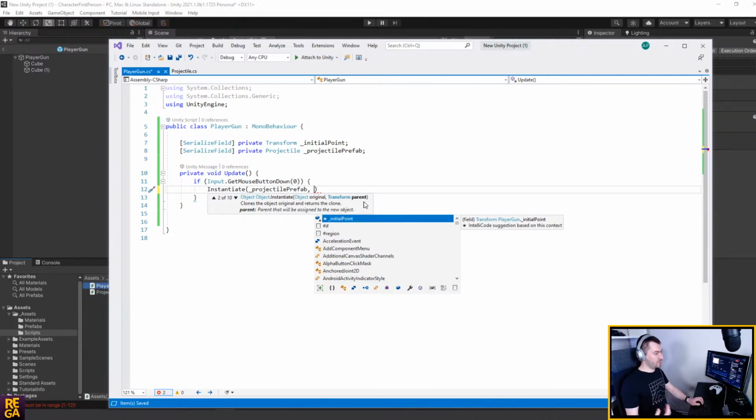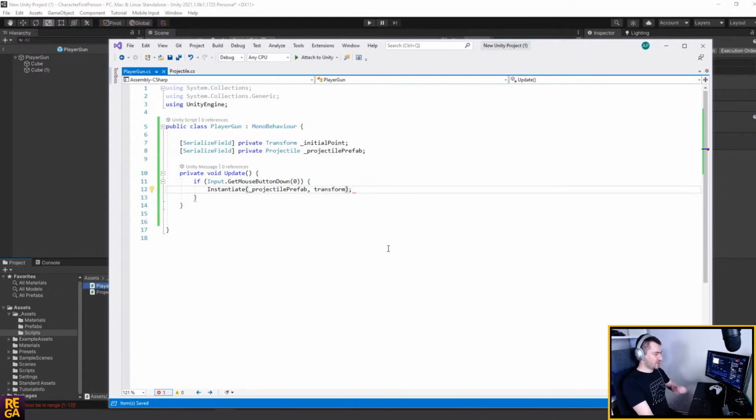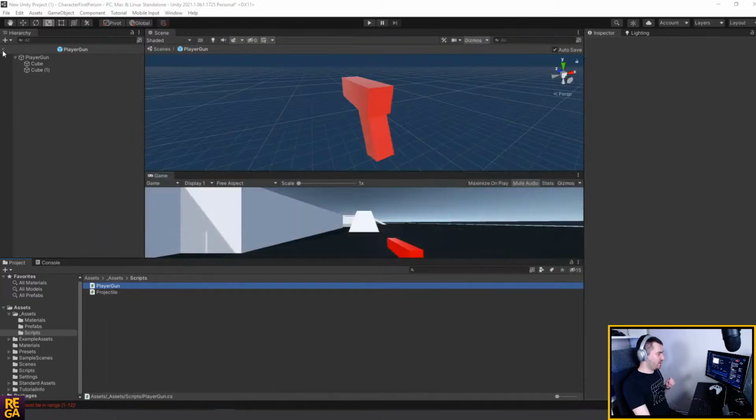Actually, the parent won't be the gun. And I can tell you why. So right now, the player gun... Let's actually see, because it's a fun experiment. So I give it the player gun, the transform. And now the problem is, if we go back to the code and we go back to the main scene,